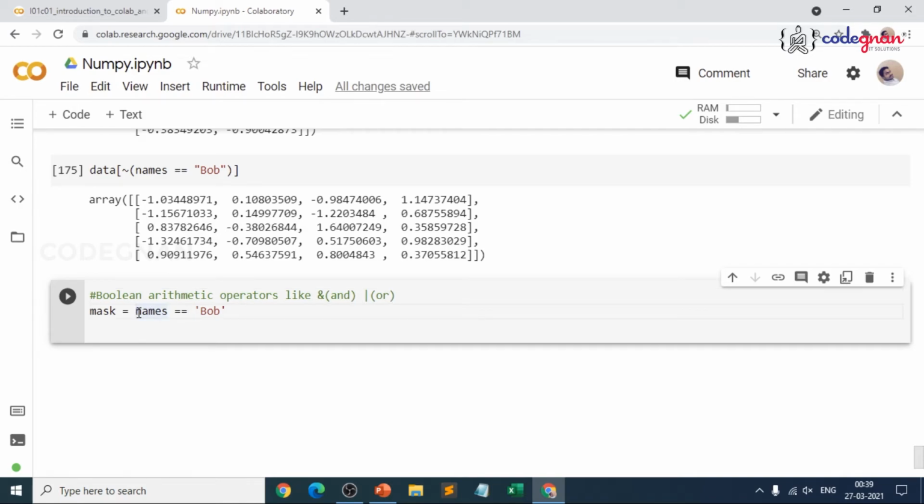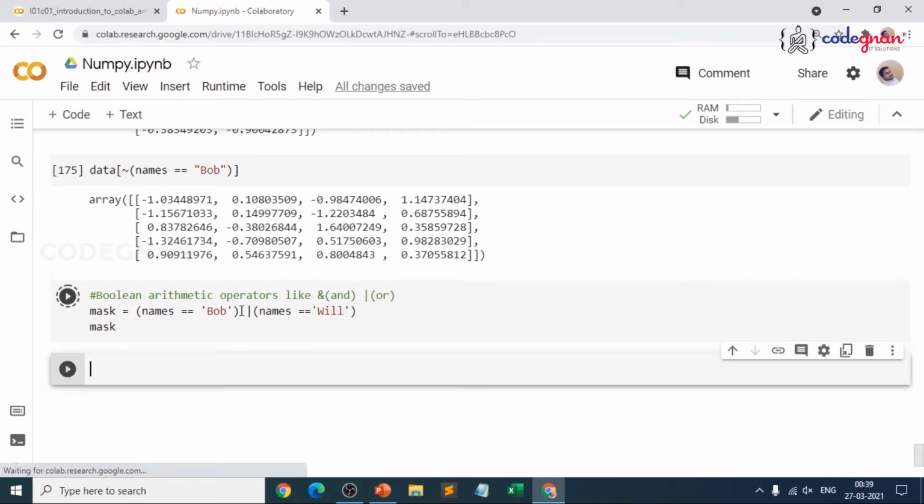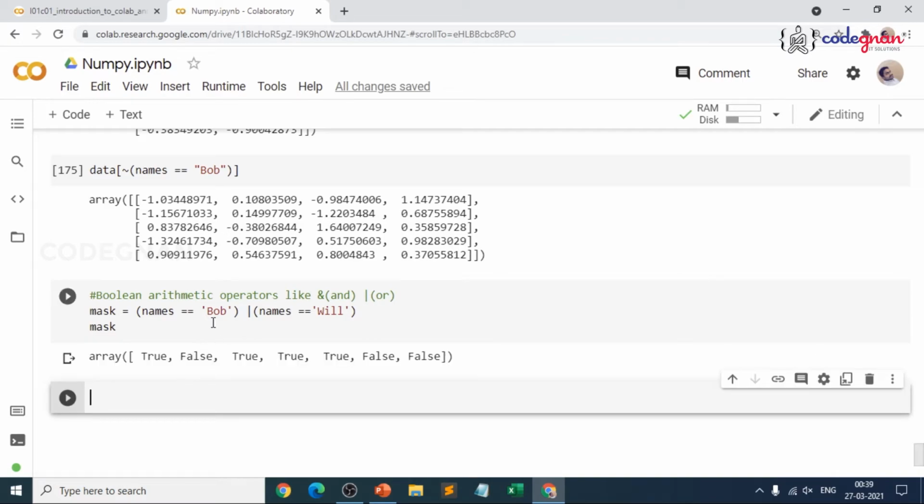So now what I'll try to do is wherever name is equal to Bob, or we can mention the other name, names is equal to Will, I could just throw it. Now if I print mask, you could see the difference. See, wherever Bob or Will, so true, false, true, true. Where is it false?